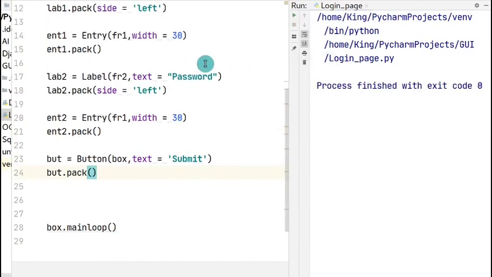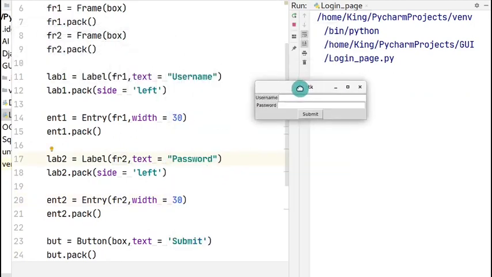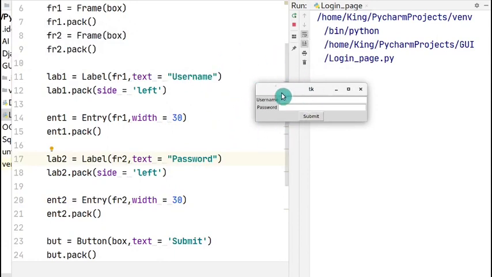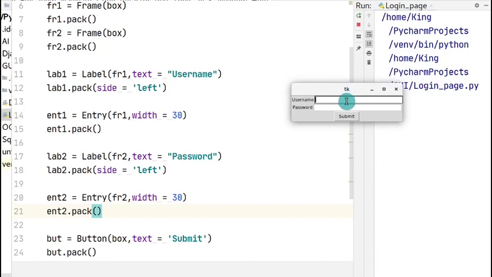So I think, okay, this is to be created on second frame. Now let's see. Yeah, there you go. This is the expected output. Now this is our GUI window which is created. Now I can enter the username and the password,